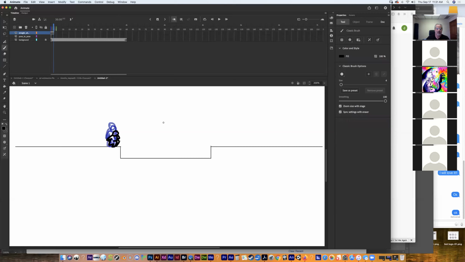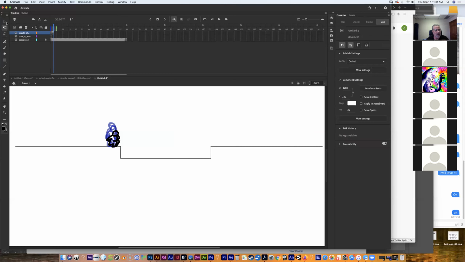Okay, and it would probably take quite a while to get him to jump. When you look at how big I made my thing here, it's going to take him quite a while to jump over it. So maybe a better idea for me would be to try and make this hole a lot smaller so